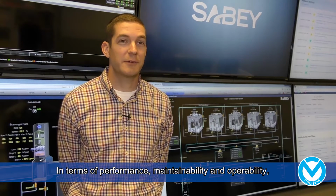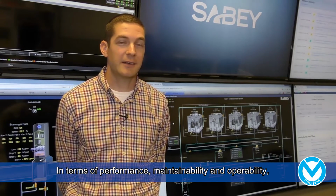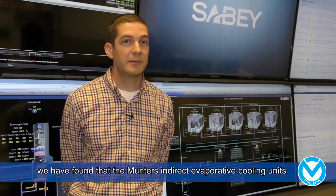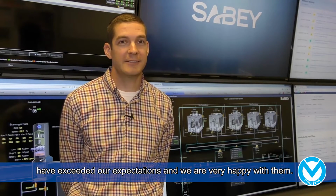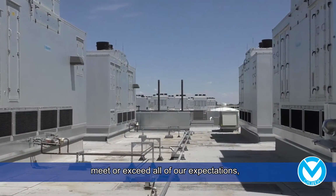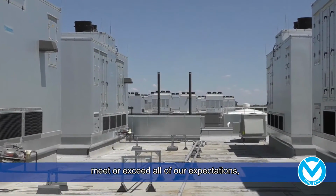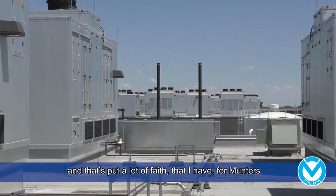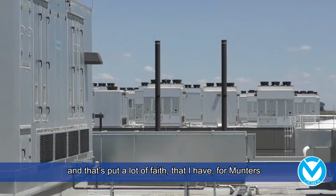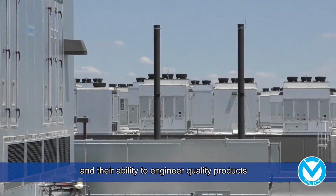In terms of performance, maintainability, and operability, we found that the Munters indirect evaporative cooling units have exceeded our expectations, and we are very happy with them. We found that the Munters air handlers that we put on our facility meet or exceed all of our expectations, and that's put a lot of faith that I have for Munters and their ability to engineer quality products and